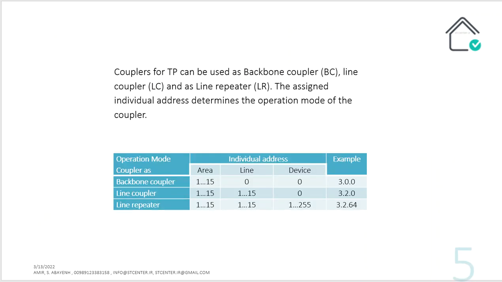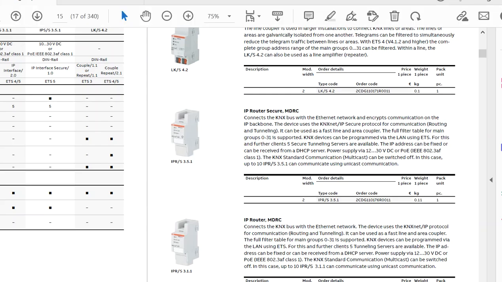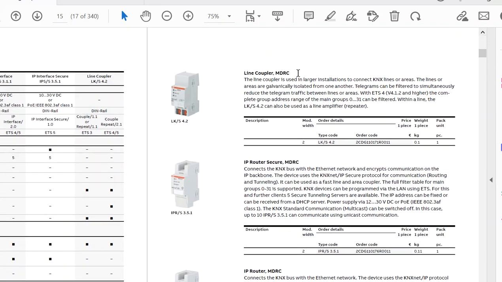Couplers for TP can be used as a backbone coupler, BC, line coupler, LC, and line repeater. So notice that we have the same device. For example, when we go to the catalog of some manufacturers, we see only one hardware. Here, for example, in ABB, we have a line coupler. This device can be used as a line coupler, also as a backbone coupler, and also as a repeater, as